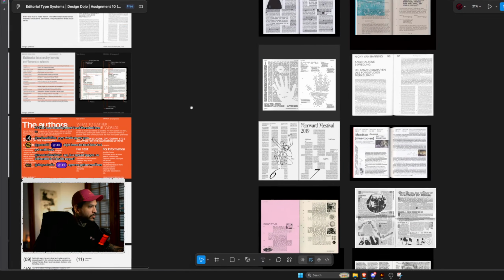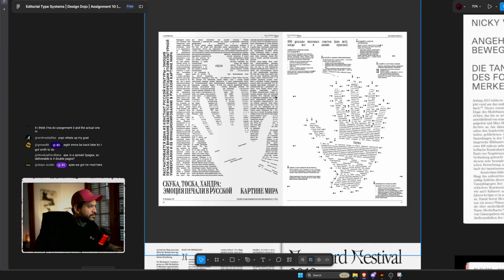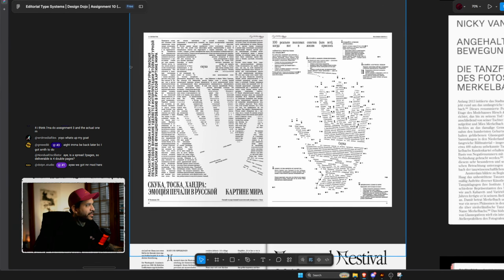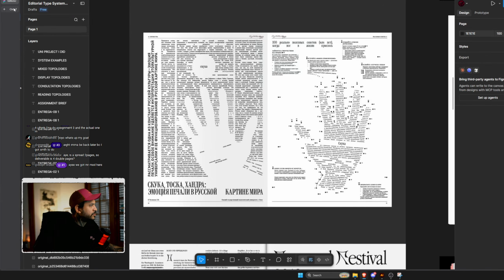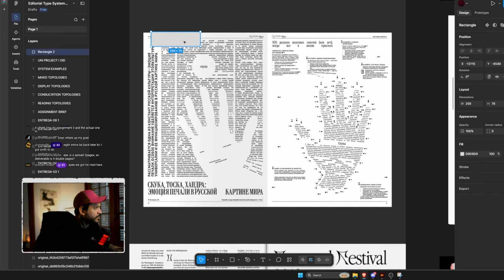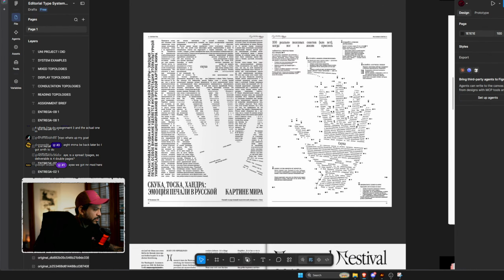If we go to some of the other examples, something like this, it's a bit harder to segment. Let me see if I can make something. Okay. Can I paint? Pencil, right?